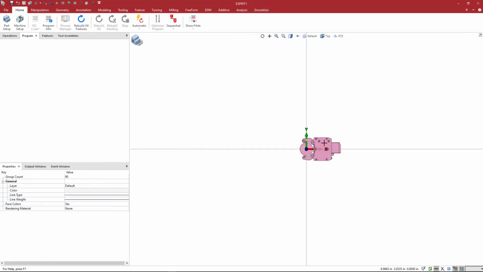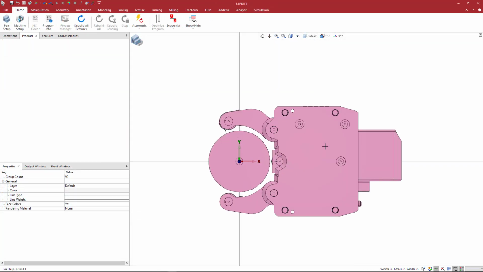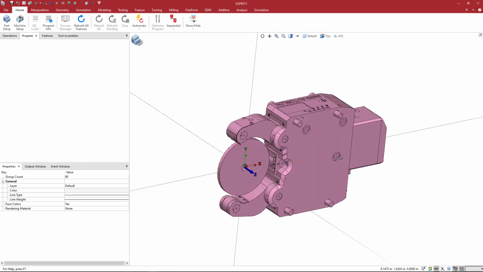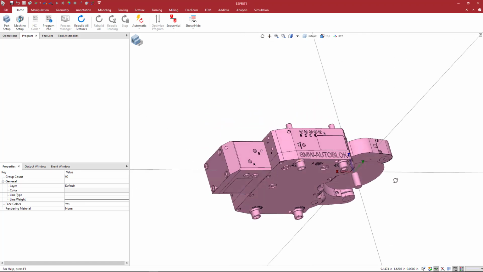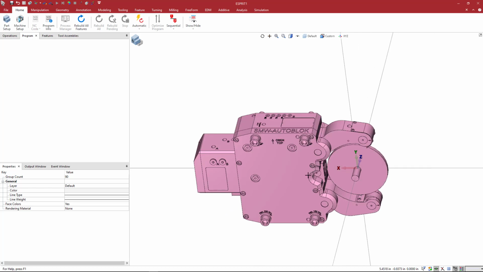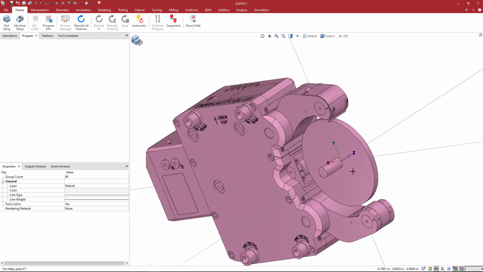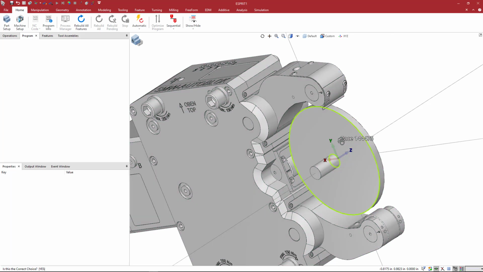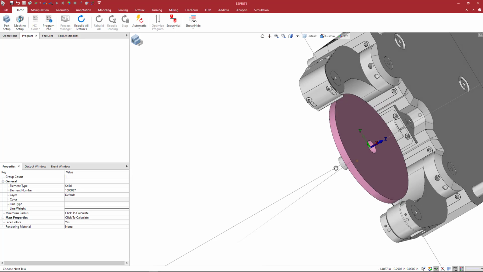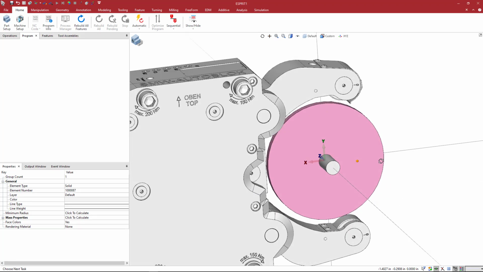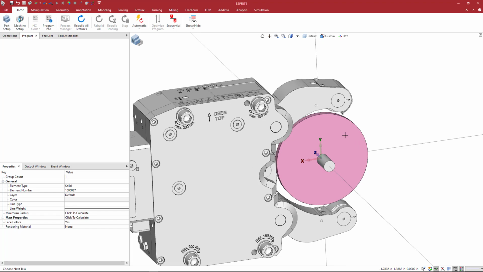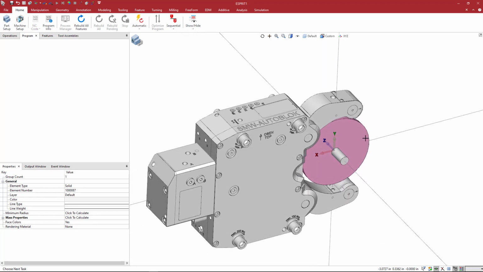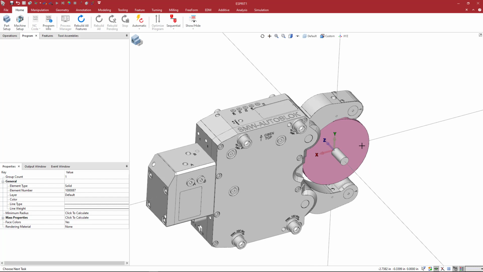Okay, so this is the product. It is a SMW Autoblock file. You can see the steady rest assembly. The solid model here in the center, I'm assuming this is going to be the maximum and minimum dimensions that this can clamp onto. So starting out with this solid, the first thing that we wish to do is to orient it